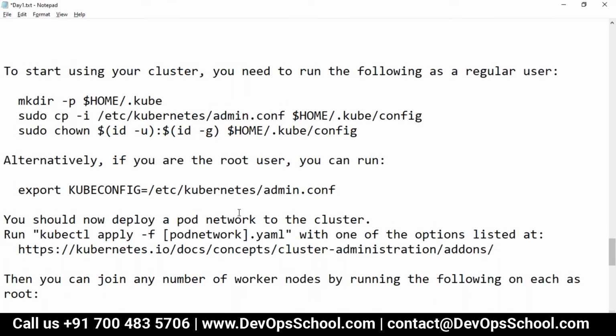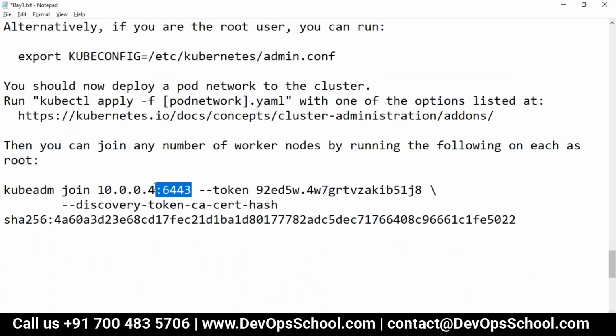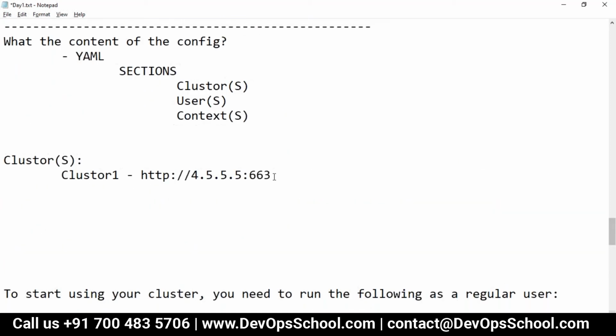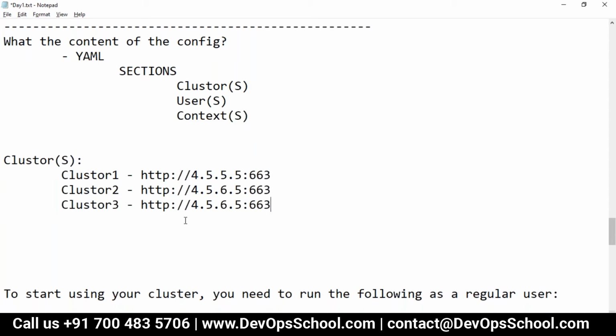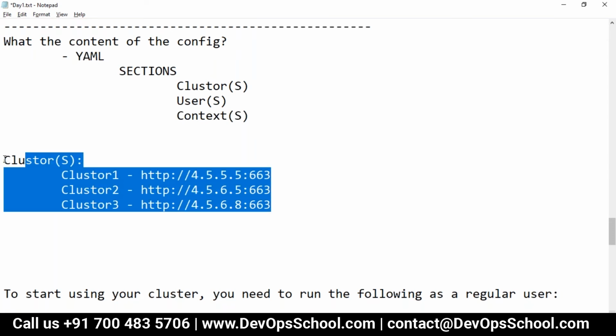That's a port number, 6443 here, of API server. Like that, you can set up a second cluster. Change the port. And like that, you set up a third cluster. And here, change the port. So you got the 3 clusters set up right now.